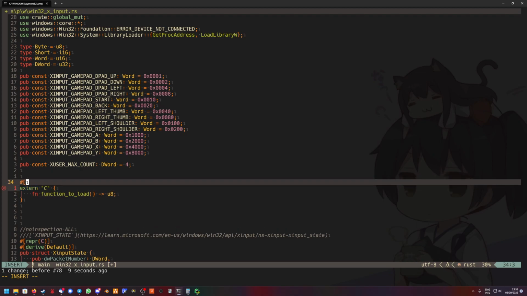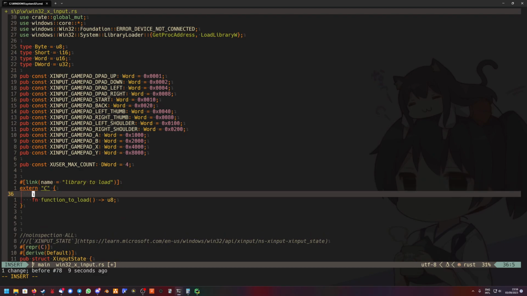Now it's possible we need to specify the link property and give this thing a name. This is the library to load, and it'll look then for this DLL somewhere. It's also possible that we need to specify, especially since Rust doesn't have function overloading, the link name as well. And that would be then,